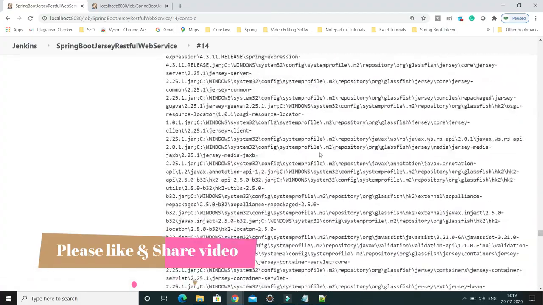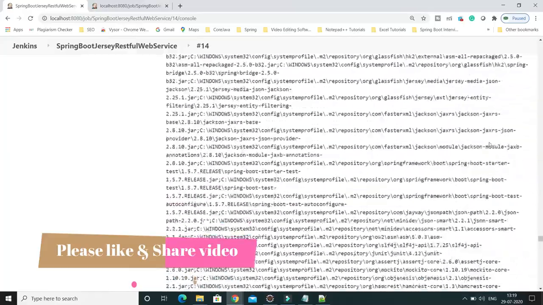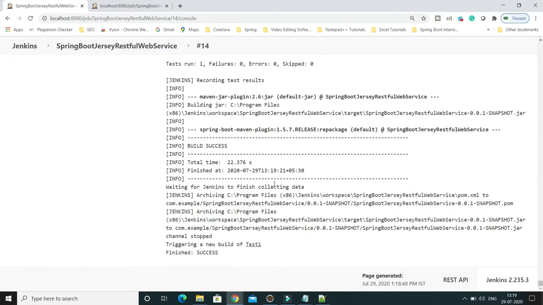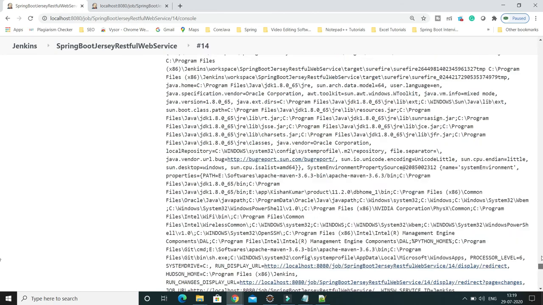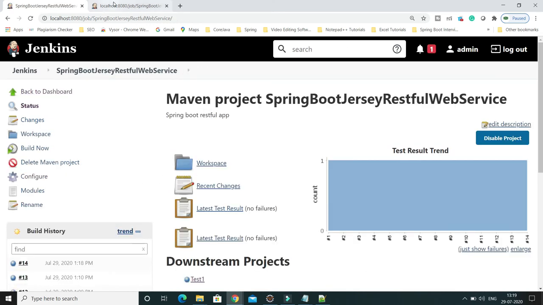It's a Spring Boot application with a lot of dependencies, so it takes a few minutes to complete the build. Here the build is successful. If you are working in industry and try to build your project remotely, there is a possibility that when you hit this URL it may ask you to provide your user credentials, meaning your login credentials. Once you provide your username and password, it will be triggered.